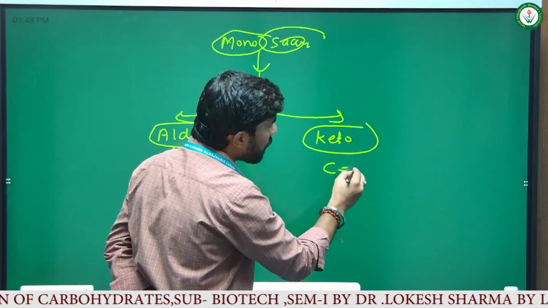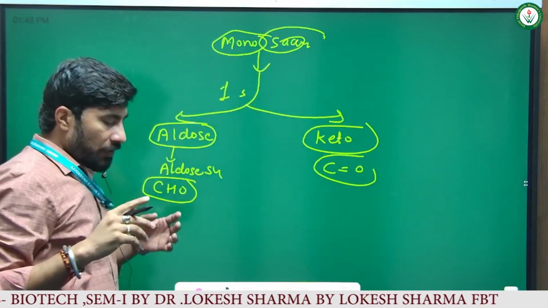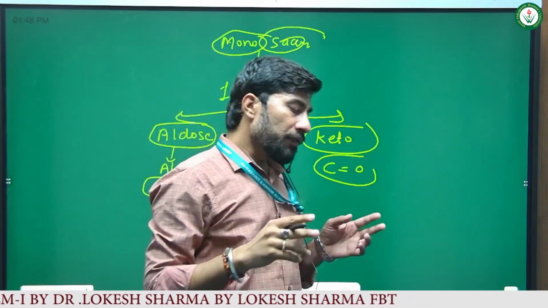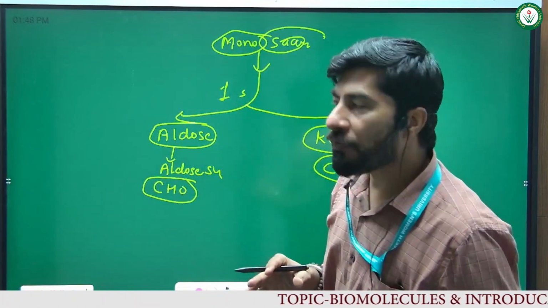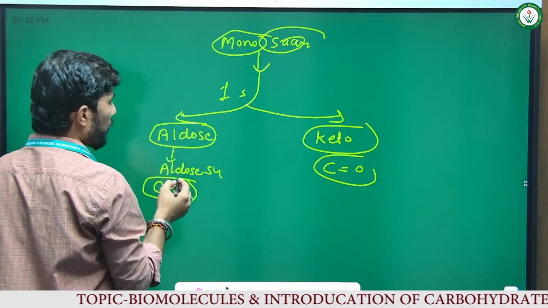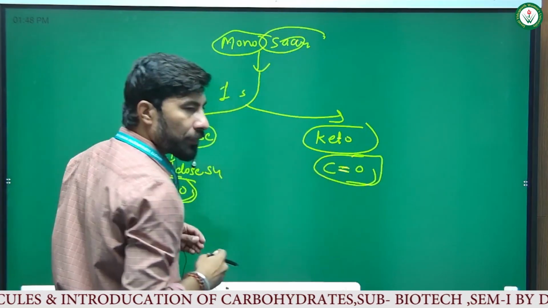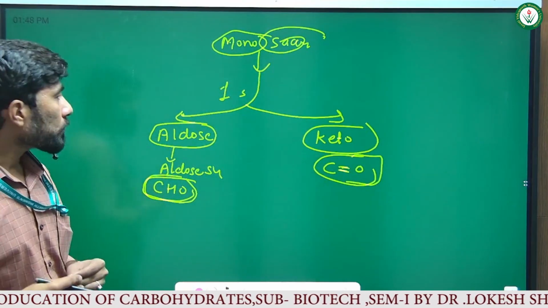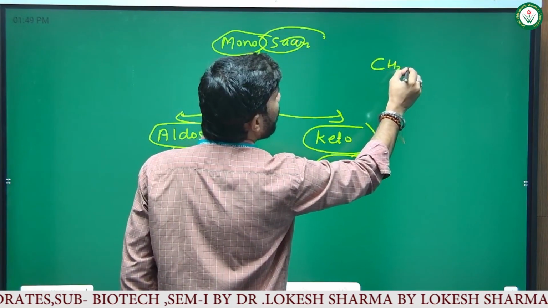So basically monosaccharide has a single sugar unit divided into two types based on their functional group. The functional group is a carbonyl carbon. The carbonyl carbon of the two types is the CHO group and C double bond O. So these are the empirical formula